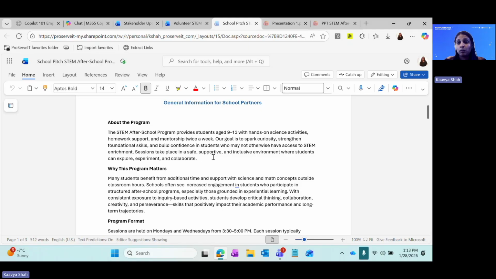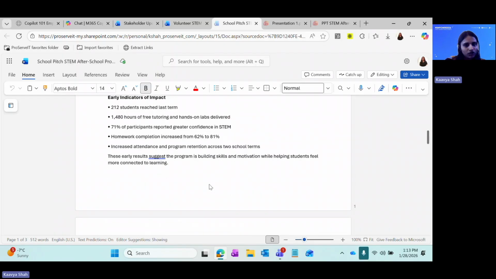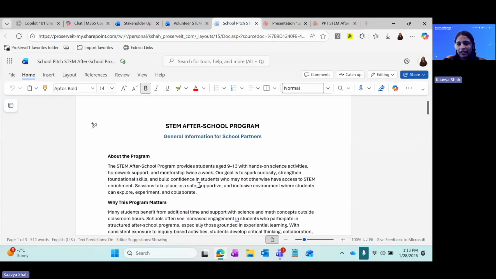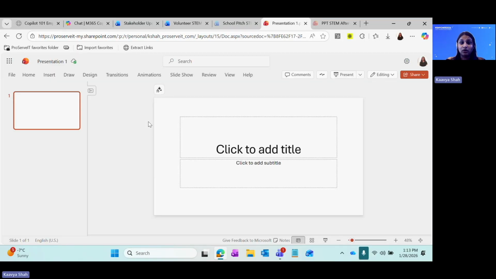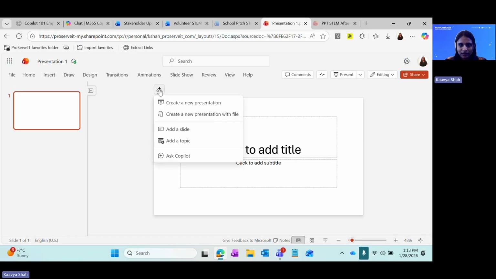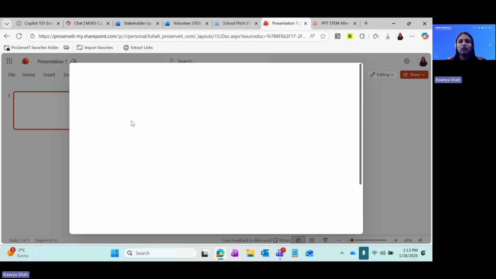So I've just opened this document up to show you like what information lives in this document. But if I wanted Copilot to help me actually create a presentation out of this document, I would open PowerPoint. So I already have PowerPoint open on my browser over here. And I've just opened up like a new presentation. And over here, do you see these tiny sparkles, these tiny stars on top? So I'd click those stars and I'd say create a new presentation. And that will essentially open up this